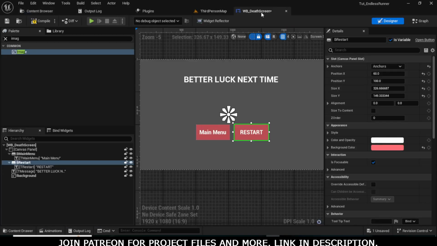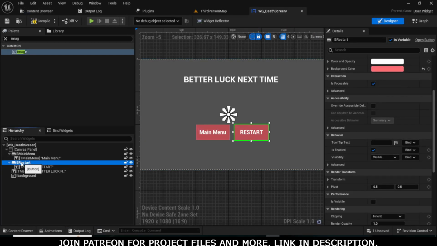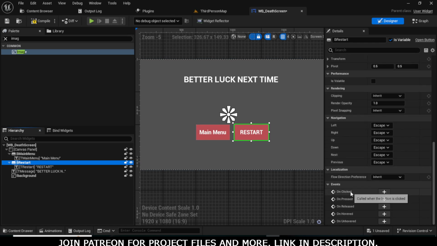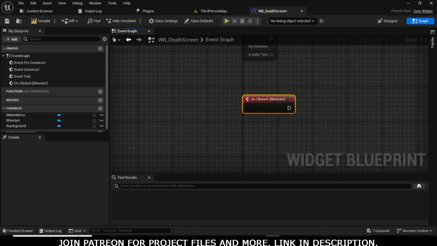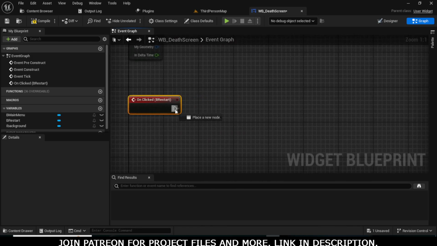So simply drag it here, click on the button, or you can click here, on clicked, on pressed, so plus here, and we want to restart our current level. So